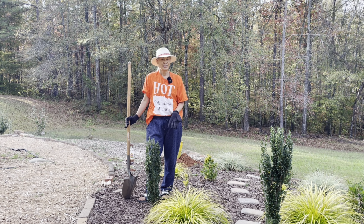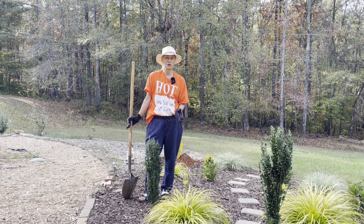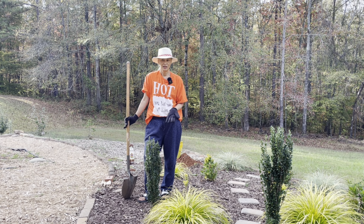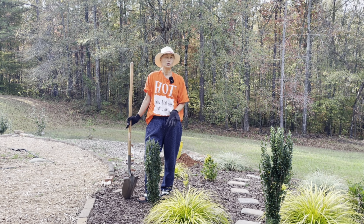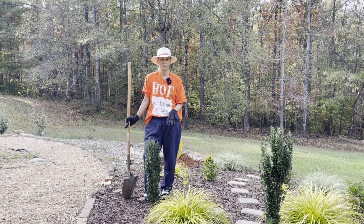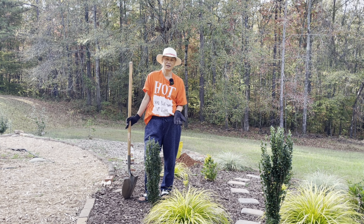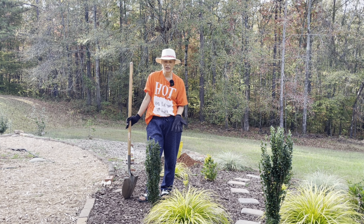But if it's a tender perennial and maybe the zone I'm in is 7B, and it says it only goes down to about 7, I might hold off and either not buy them, or leave them in a pot, protect them during the winter, and plant them in the spring. But